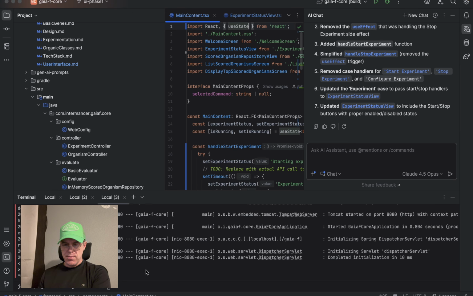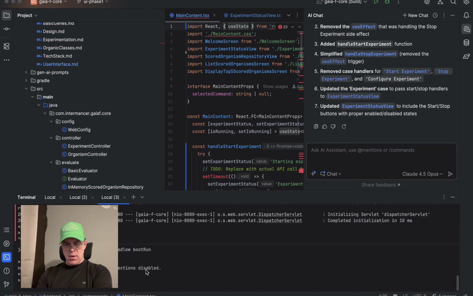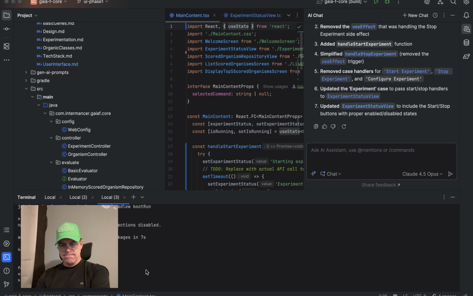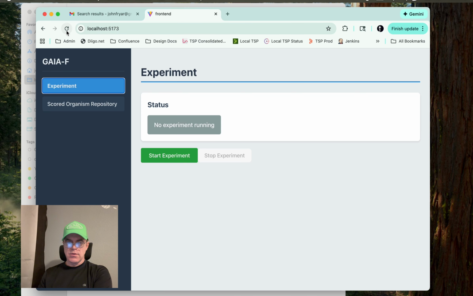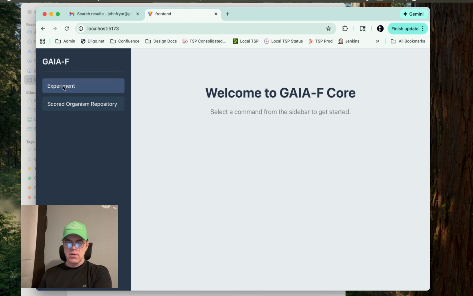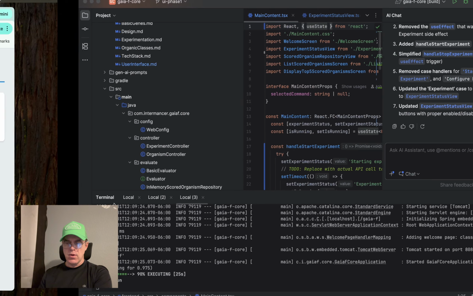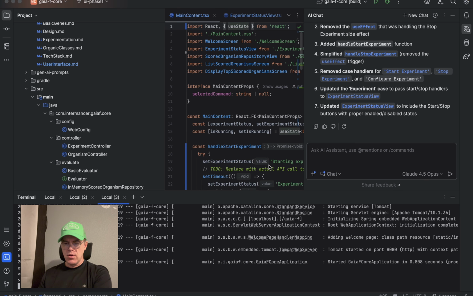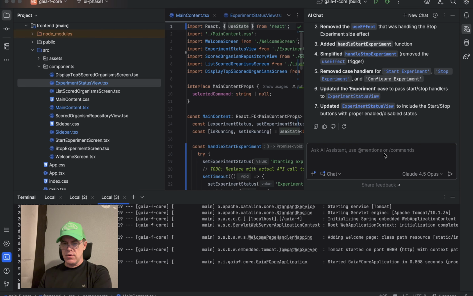Start the server back up. Reload this. Start experiment, stop experiment. Okay. So this experiment status view,